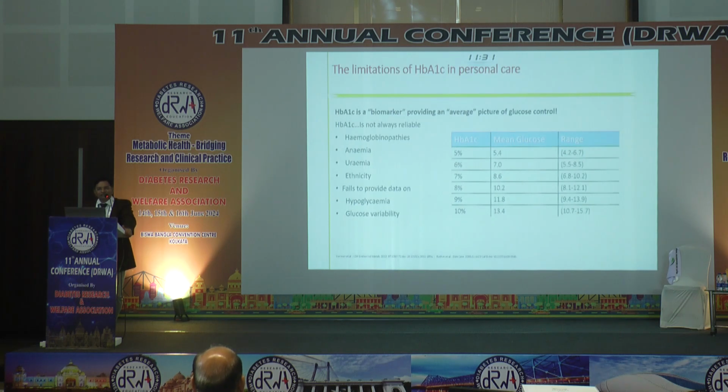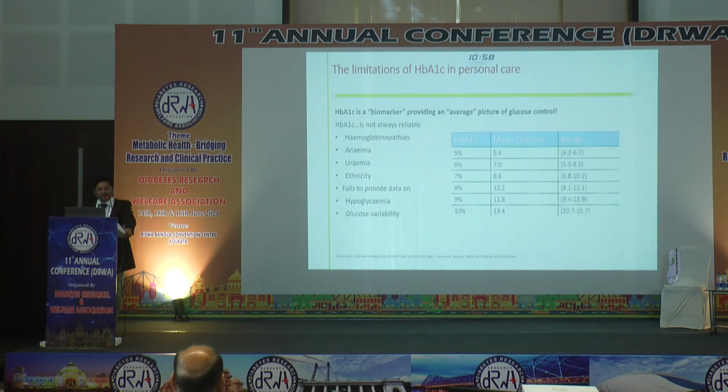In patients with iron deficiency anemia, which is very common in this country, it could show higher readings. In pregnancy, it could show lower readings. You have a lot of hemoglobinopathies, and those could give abnormal values depending on the hemoglobinopathy you have. Anemia, uremia, and CKD patients will show a little higher reading, and it is said that we should not monitor HbA1c once you are in end-stage renal disease. And ethnicity-wise also, there is some